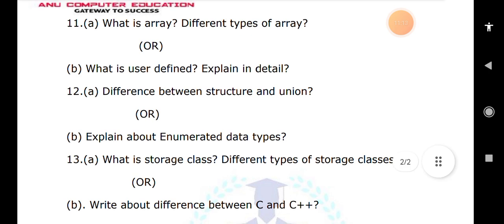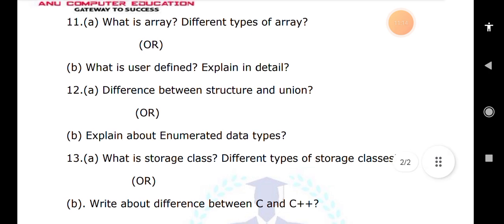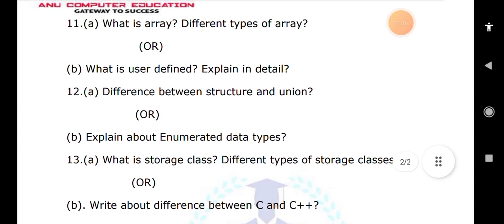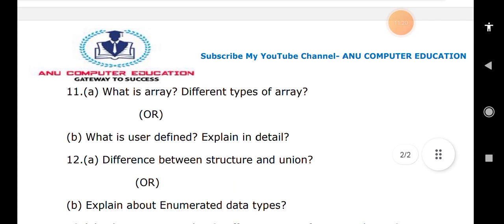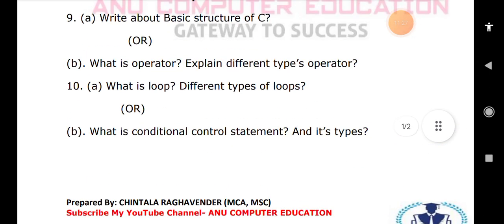So these are the very important differences which I explained here. Please, these are very important. I already uploaded the important questions on my channel, so you can go through those questions, and these are the most important questions. So this is a model paper